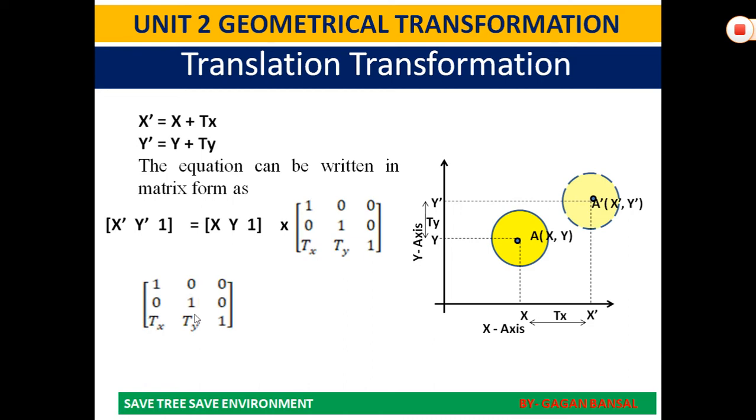So this is the translation transformation matrix in 2 dimensions for geometrical transformation, which is a translation type. This particular matrix, that is 1 0 0, 0 1 0, tx ty 1, is the translation transform matrix in 2 dimensions. Hope it is very clear. While checking the coordinates, suppose you are given the initial coordinates x y and you want the final coordinates x dash y dash. Put the values here, put the transformations here, and you will get the values of the new coordinates.